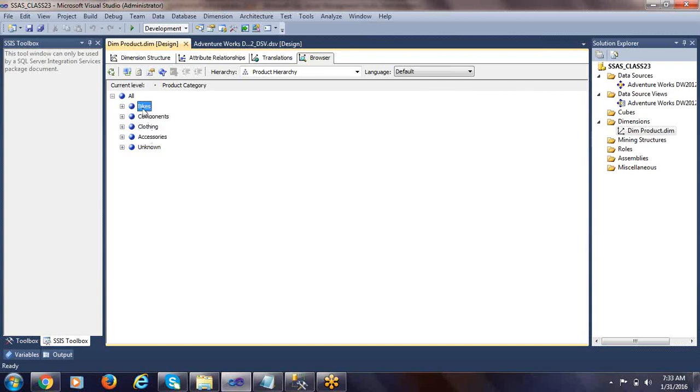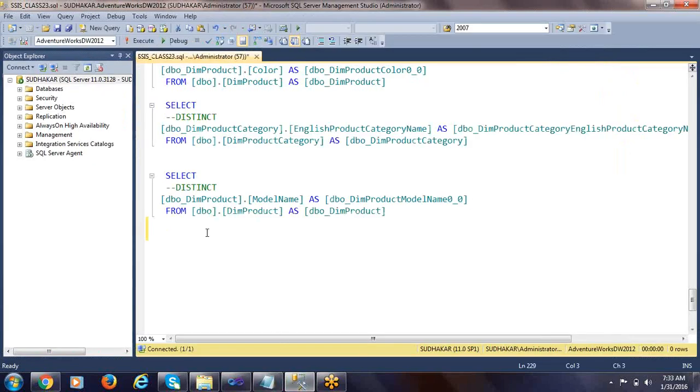Currently, it is taking the default order based upon the ID column. As we discussed in the last class, the backend column used as the ID column is the product category key. So if you go back to your dim product category table,